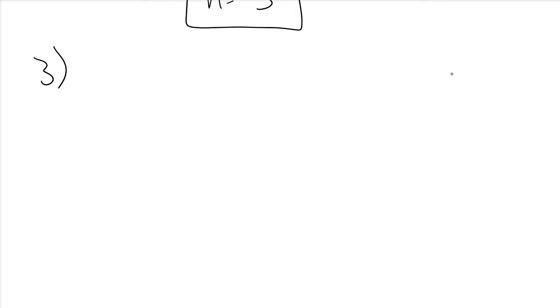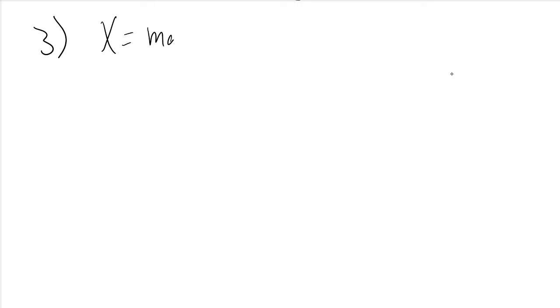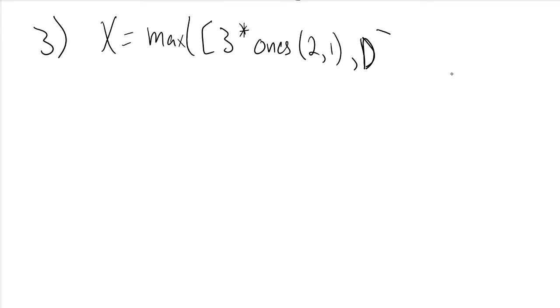So now for number 3, we have X is equal to the max of 3 times ones(2, 1), concatenated with our D matrix again. So max is going to operate by column. So basically what we're going to get as a result of this, so